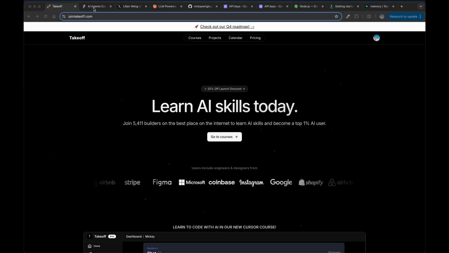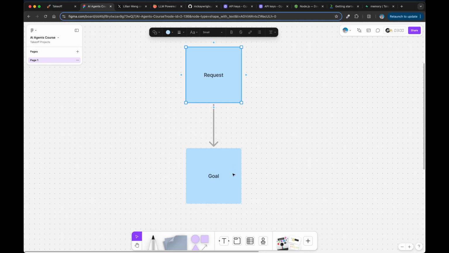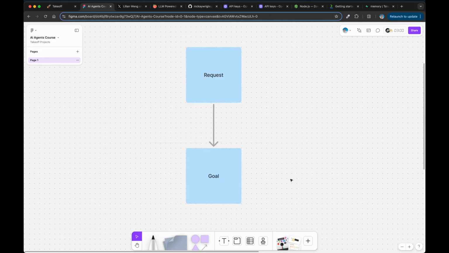So to start here, I want to talk at a really, really high level about why we want agents, what an AI agent is, and how they can be useful to us. Most of your work is actually quite simple. You have a request, and based on that request, you want to have an end goal. In this scenario, we're going to keep this super simple. The core idea is, say I have somebody on my team and I need something done. Maybe you have a meeting with them, maybe you give them a call, maybe you send them an email,